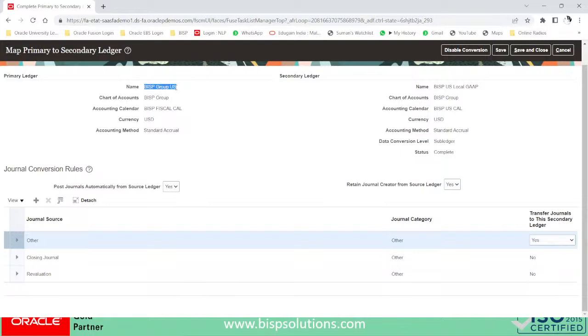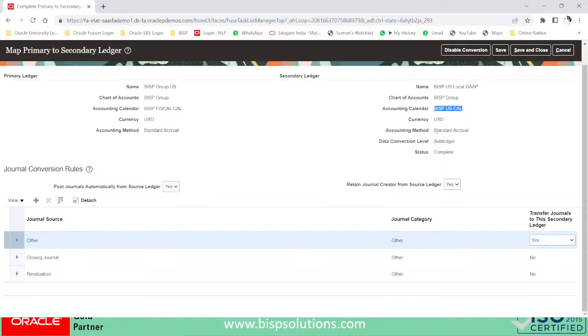That is my chart of accounts, and the fiscal calendar is my calendar. Similarly, you can see in front of that is my BISP US GAAP, using the same chart of accounts, as per the client requirement, they want to use the same chart of accounts. And the accounting calendar is US. I have used the BISP US calendar,